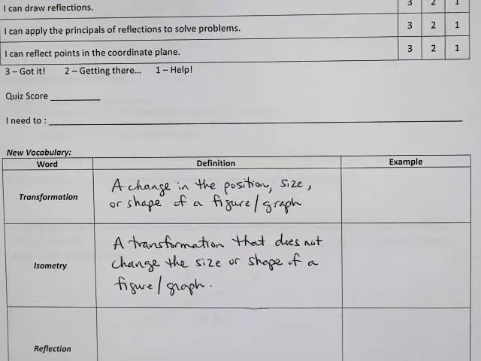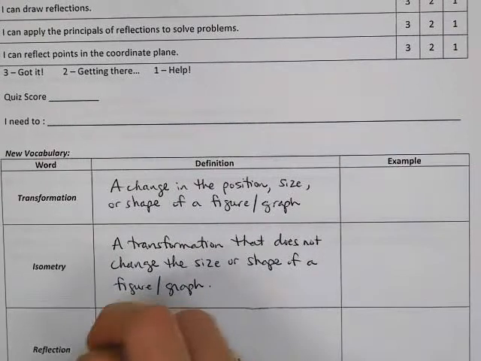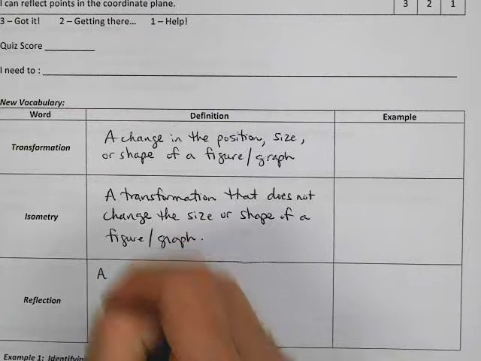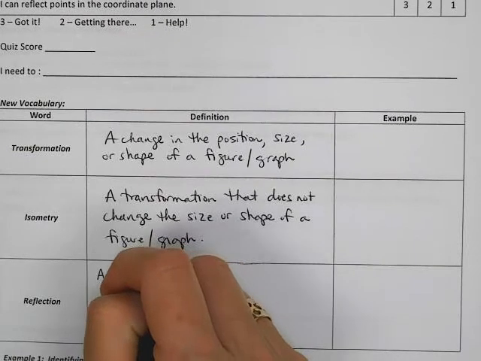Okay, so a reflection fits into that category. It does not change the size of the figure, nor does it change the shape of the figure. We're going to call a reflection to start here. We'll get a little bit more detailed definition in a minute, but we're going to start with a reflection is